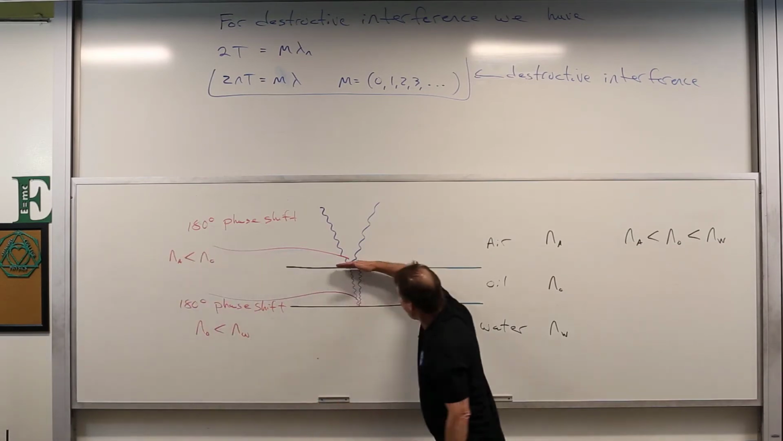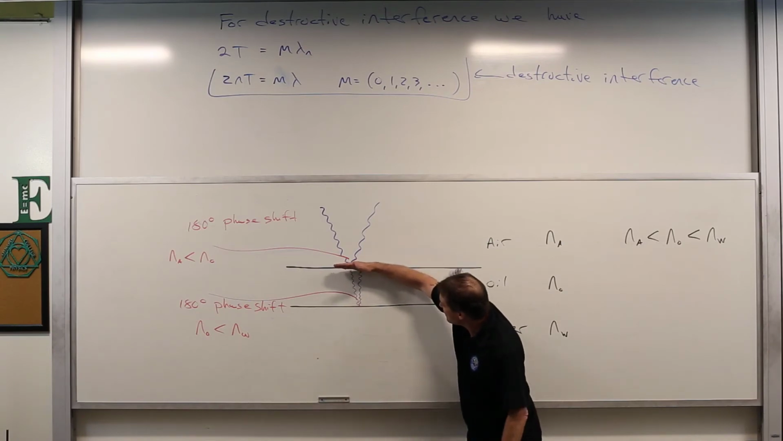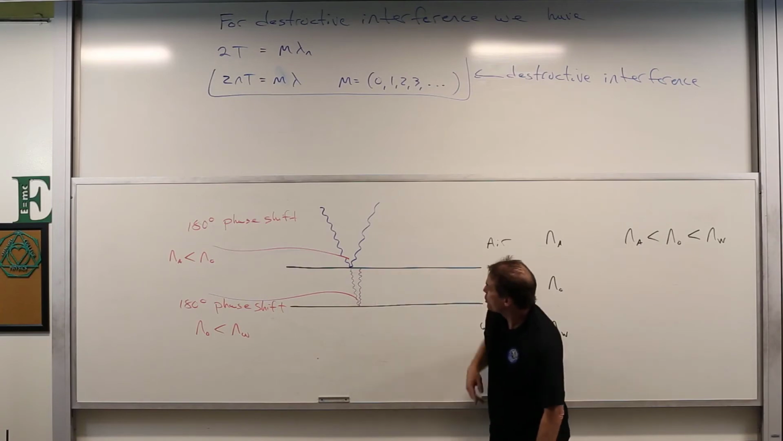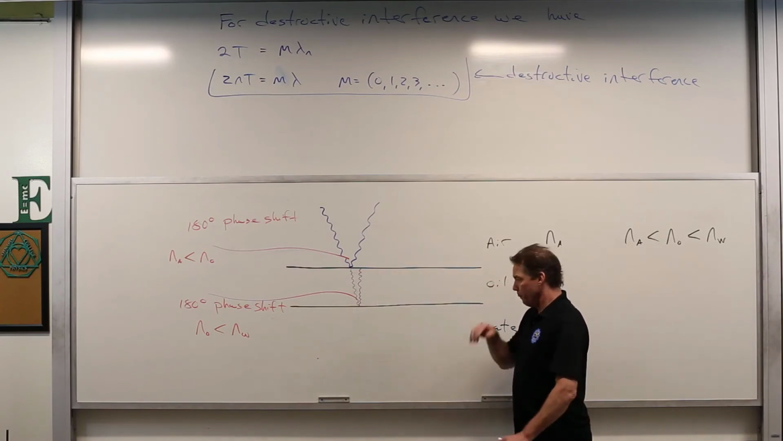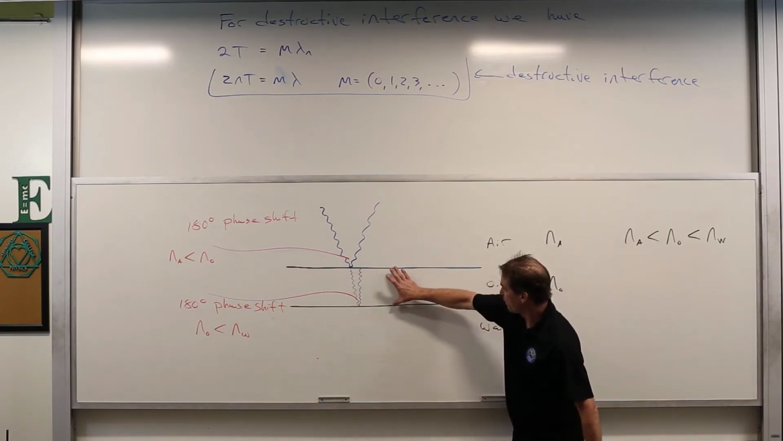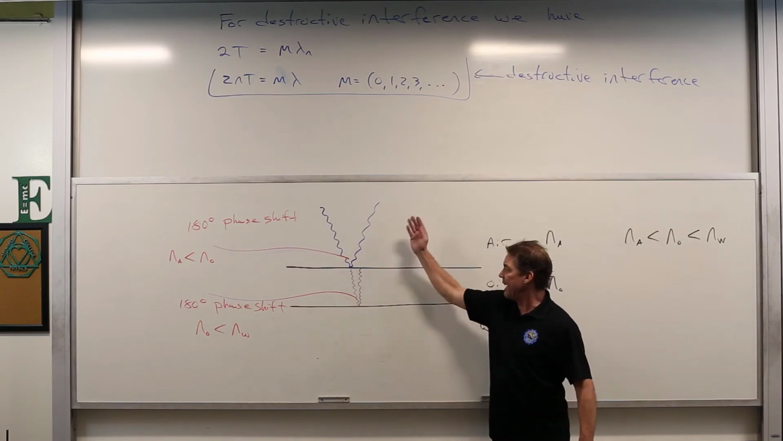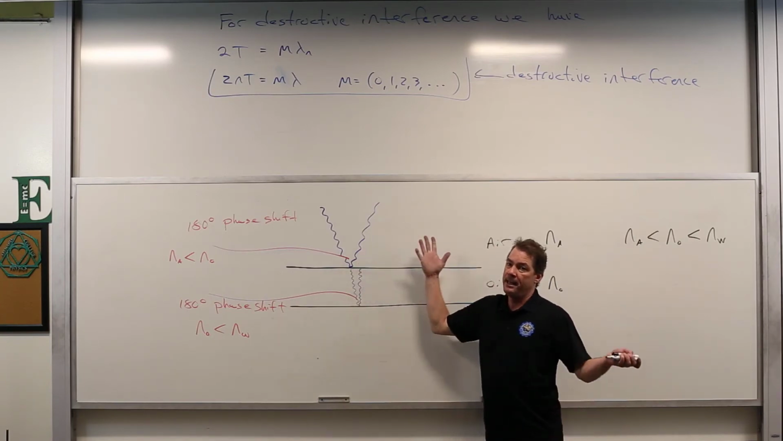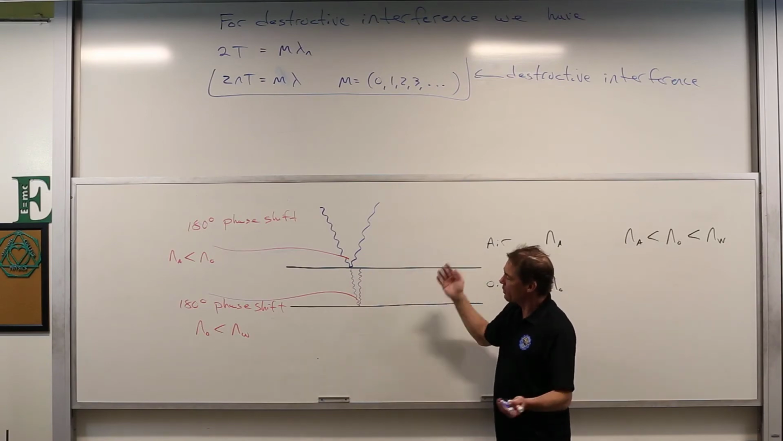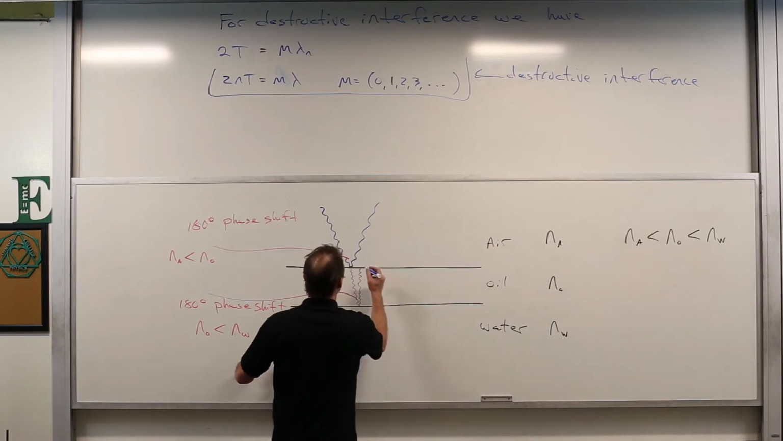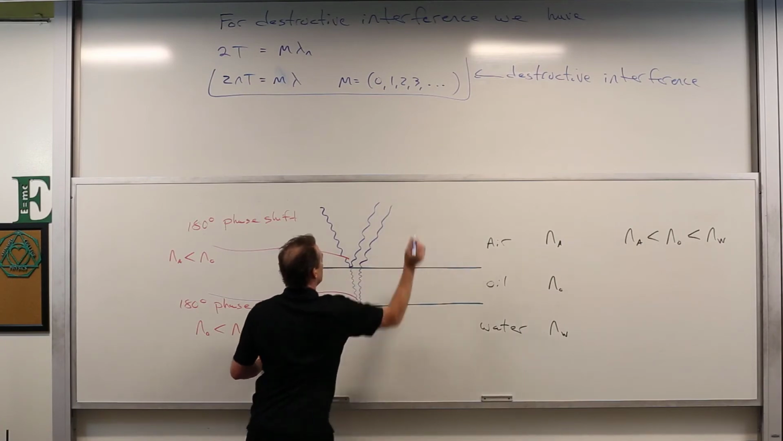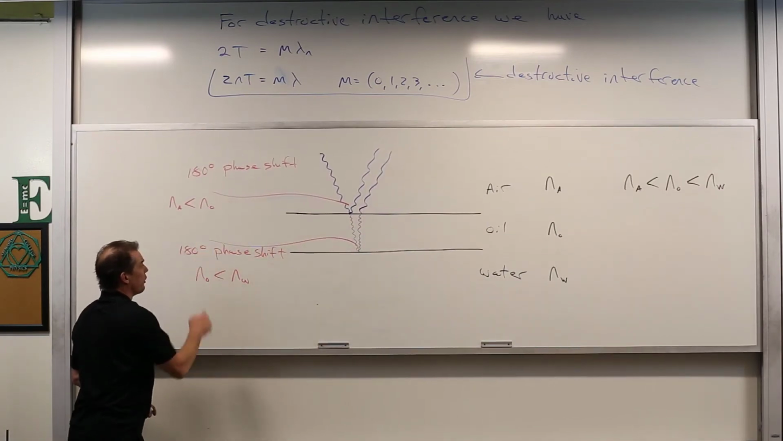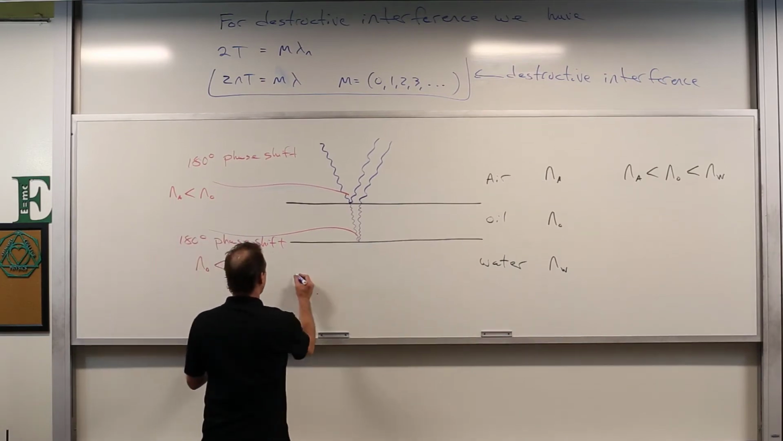If the number of oscillations that this wave within the material has is an integer multiple of itself in terms of the thickness, we get that it exits in the same phase as this one. And if they overlap spatially, they interfere constructively. So 180-degree phase shift, 180-degree phase shift. Now for constructive,